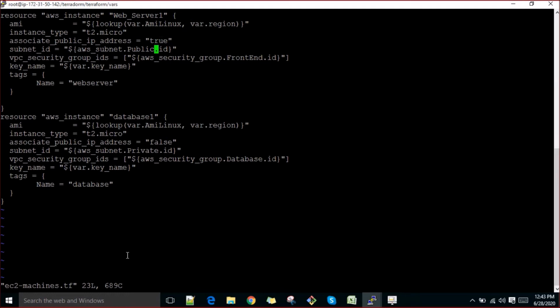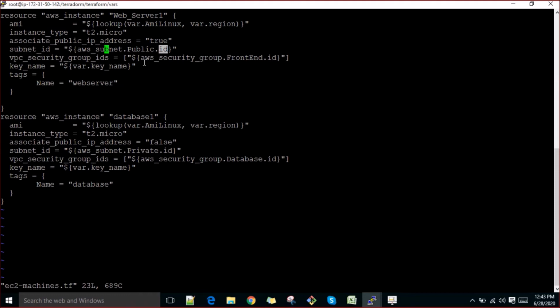Subnet ID, in which subnet you want to launch it. You see subnet ID is aws_subnet. This was the resource name, subnet was the resource name as we have aws_instance, and public.id, public was the subnet name, and ID is, whenever any resource is created it gets an ID, so it would be called here. The next is VPC security group IDs.